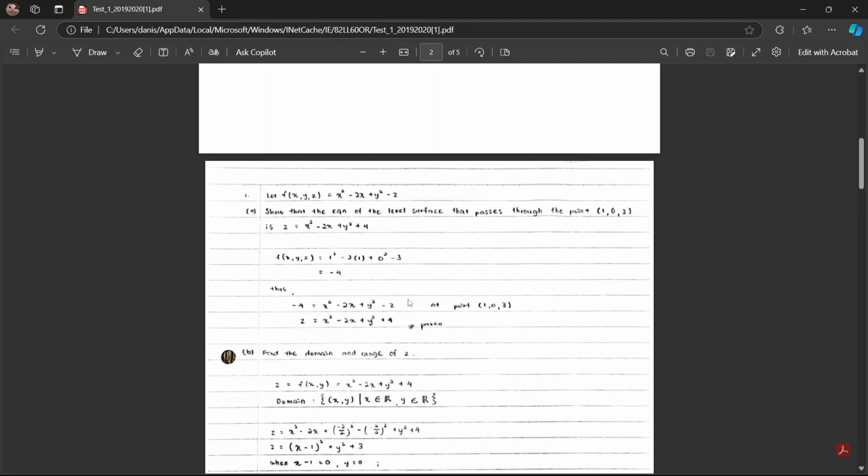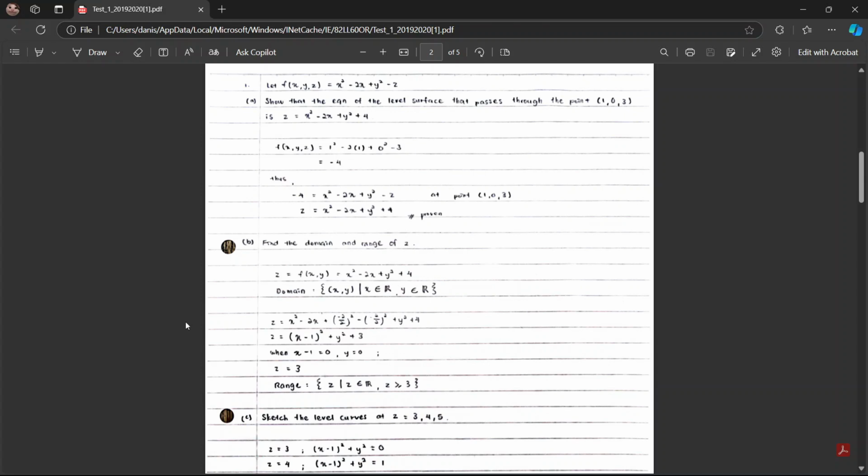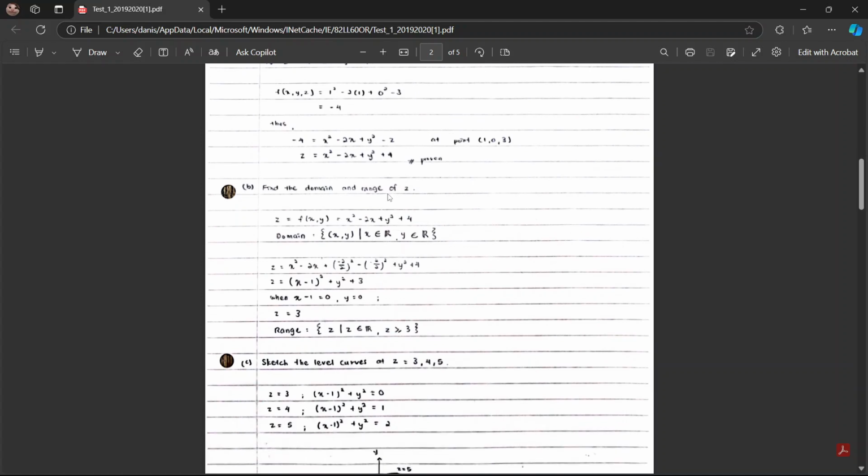The second question is to find the domain and range of z. We know that there is no constraint on z, so the domain is only x and y, where both of them are real numbers. Then for the range of z, we change to the vertex form. As we can see, when x minus 1 equals 0 and y equals 0, z equals 3. Thus we know that the range is z is a real number where z must be more than